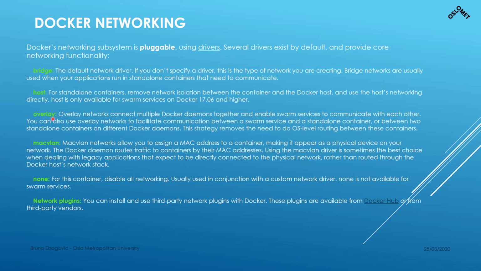Overlay is something that's similar to bridge, except in this case it uses VXLAN. The overlay networks connect a couple of daemons together, and this is only available in Swarm services. So when you're using Docker Swarm to deploy microservices, they will mostly be connected in this overlay mode, which is VXLAN. VXLAN is not the best performing plugin. You will have substantial overhead the more you scale your cluster, and your network will start suffering. The best performance you can have in terms of network in a Docker environment is using MacVLAN.